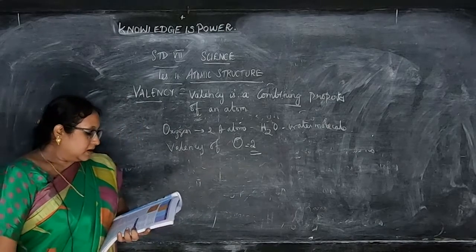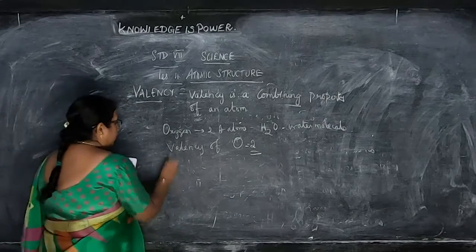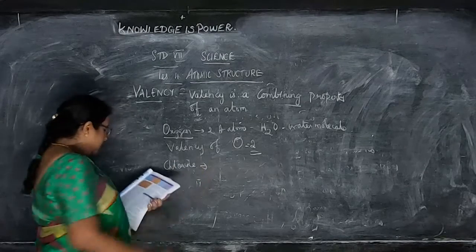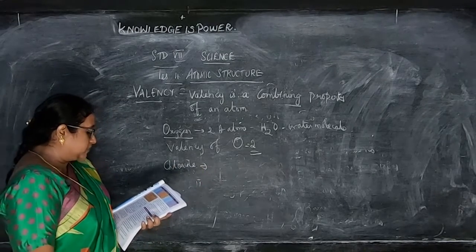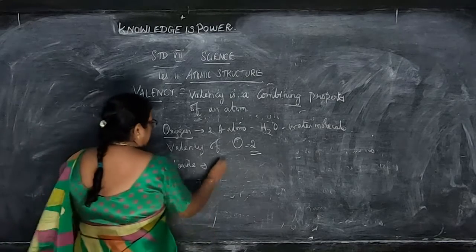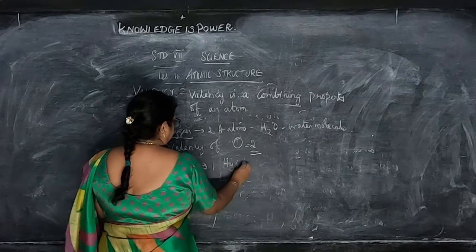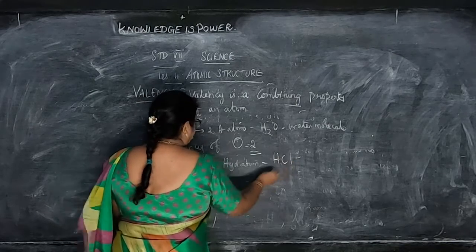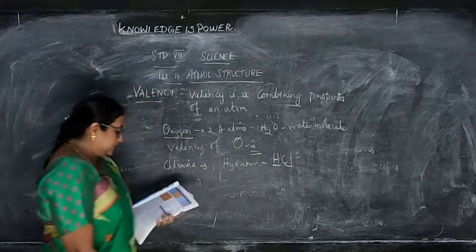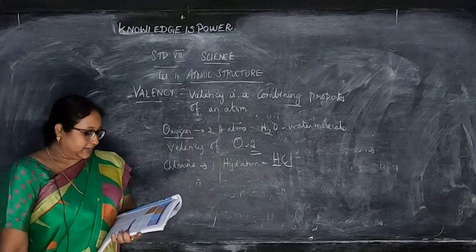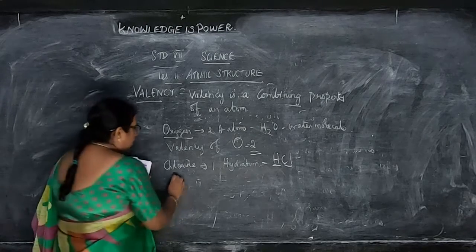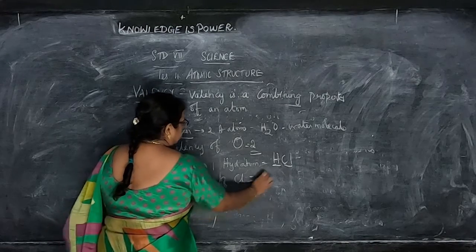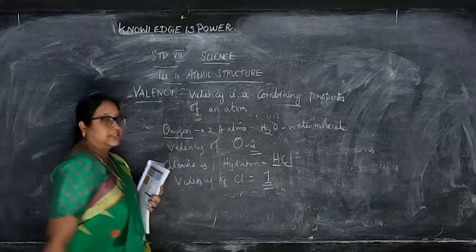2. Then in the case of chlorine, so you have seen oxygen now. Now we'll see chlorine. So in this chlorine what happens? It combines with 1 hydrogen atom. Okay, so what will you get? That is HCl, 1 hydrogen and 1 chlorine, that is HCl you get. And here the valency of chlorine is 1. Okay children, valency of chlorine is 1. Do you understand this now?